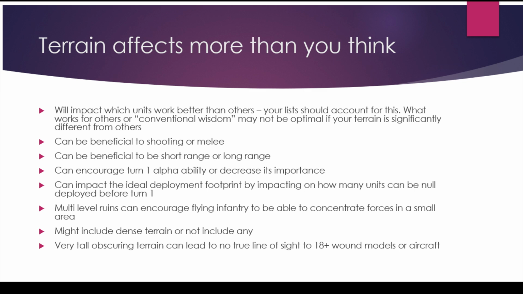You might want to have a think about whether your boards include dense terrain or not. Obviously, that's going to have an impact on how incentivized you are to take a Vexilla Magnifica. And if you have very tall terrain that's obscuring, this can affect true line of sight for 18 plus wound models or aircraft. Now,